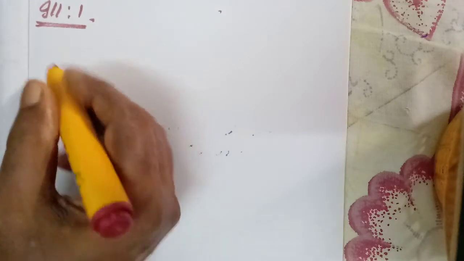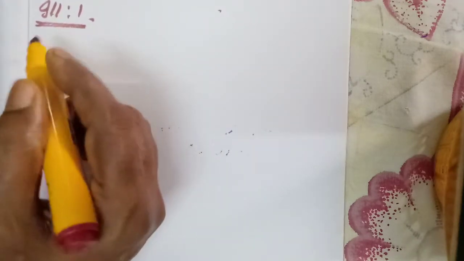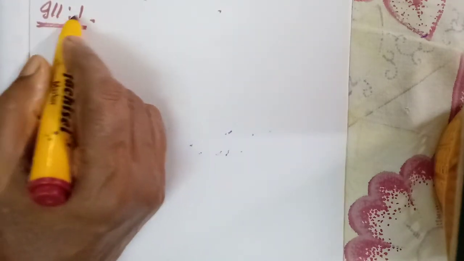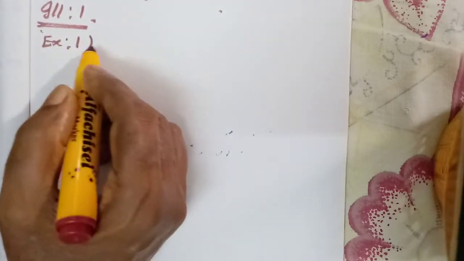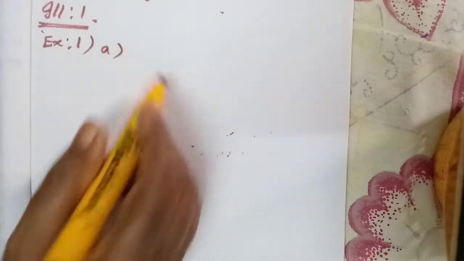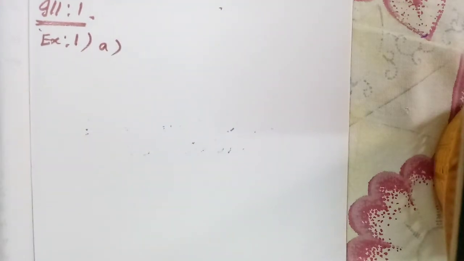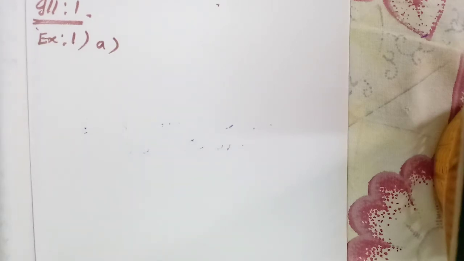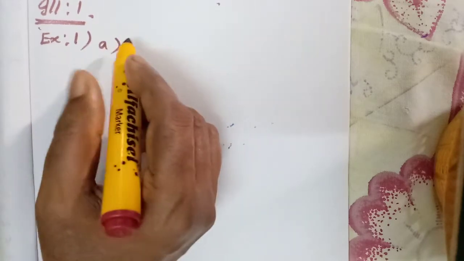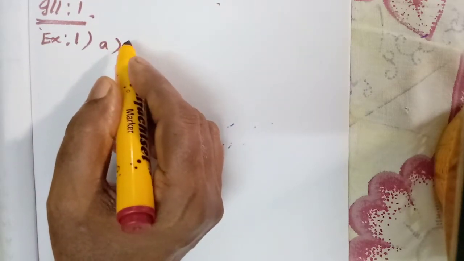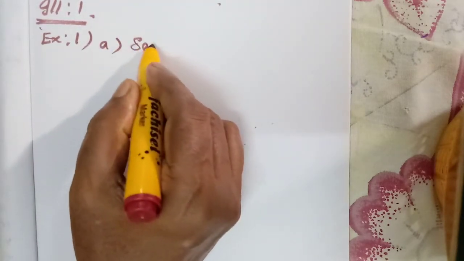You have to say the entry. Illustration, not illustration 1, we have seen. Exercise 1A. You write the question and write the answer. Because it is very simple, there is no need to check the book. You can easily find out the answer, with the question and answer in the same place. So here which account is affected? Saranya's account is affected.